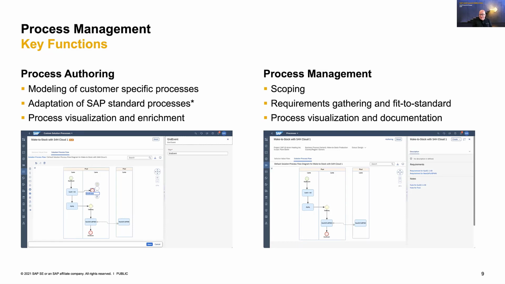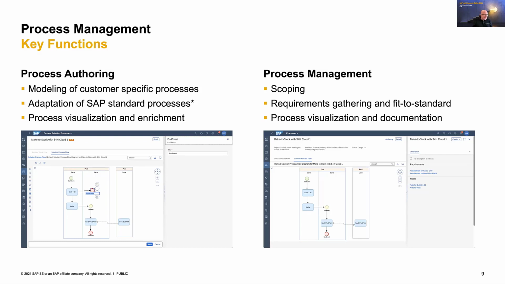And on the right-hand side, you see the process management portion. This is where we talk about implementing the SAP software solutions. This is where you gather the requirements and attach your documentation. This is where you really make sure that you have everything documented and captured that you require for your implementation, including your implementation status, for instance.